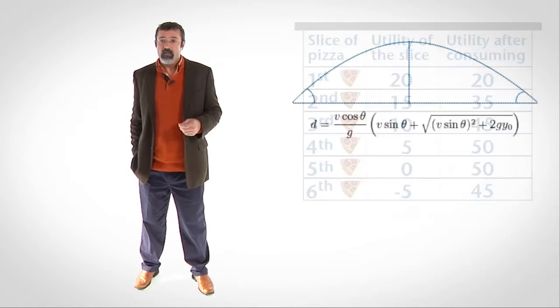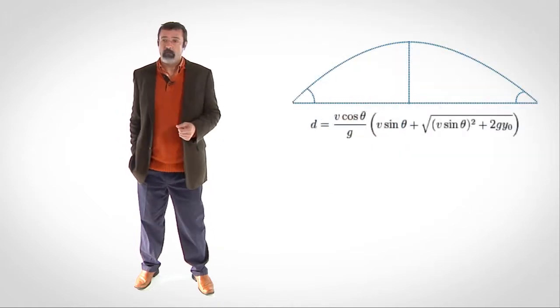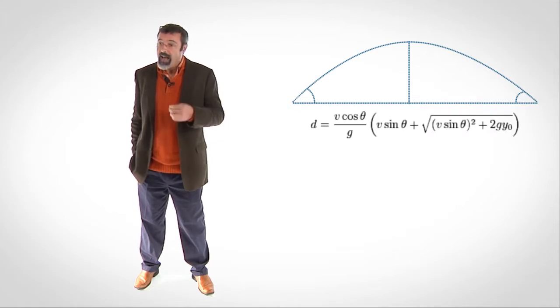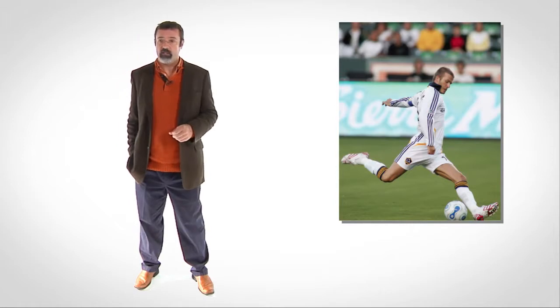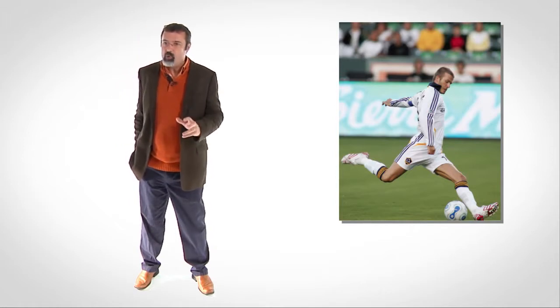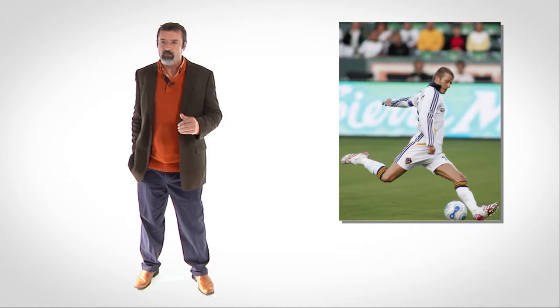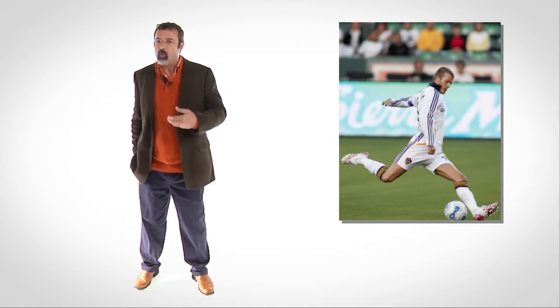For example, this is a ballistic trajectory equation. It tells you how far a soccer ball will travel when you kick it. This tells you what the soccer ball does, not how it does what it does. The soccer ball doesn't use the ballistic trajectory equation to move, yet it moves in the same way it would if it did use the equation. Similarly, consumers don't use marginal utility tables to make choices, but they tend to make the same choices they would if they used the table.